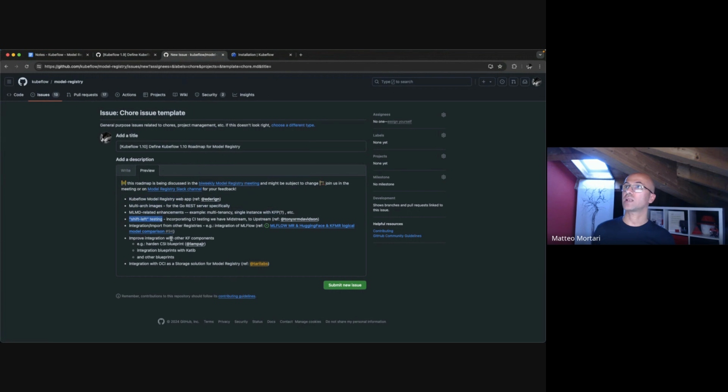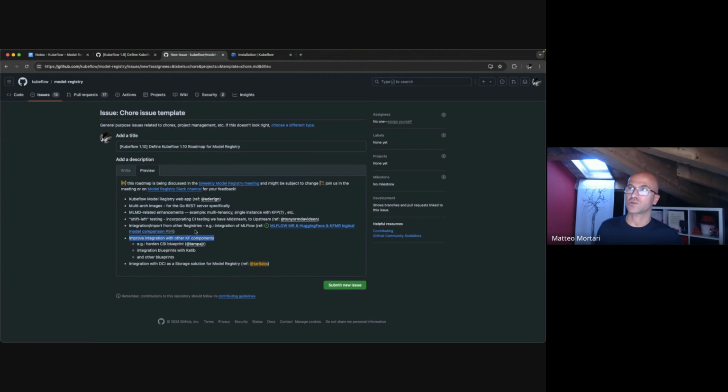We also have integration and import from other registries. This is, for example, the effort we were just speaking about earlier with Leo and Isabella, and a request we received from others in the Kubeflow community.